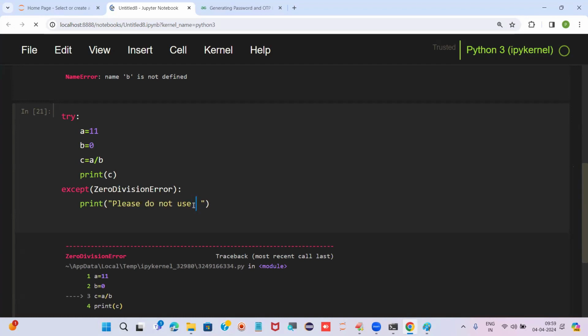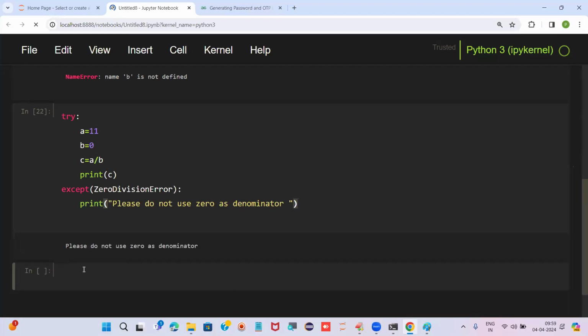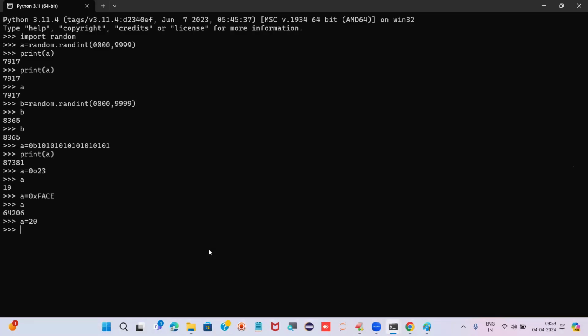Please do not use zero as divisor. Got it. If I execute this, what is it showing? Now it won't show any error. It is showing a user friendly error message, that is nothing but please do not use zero as divisor. Got an idea? Okay. Chalo. That is nothing but